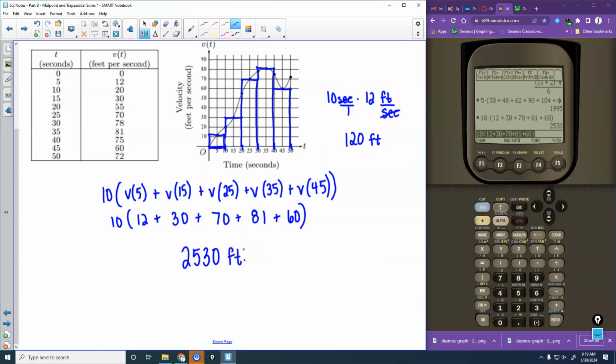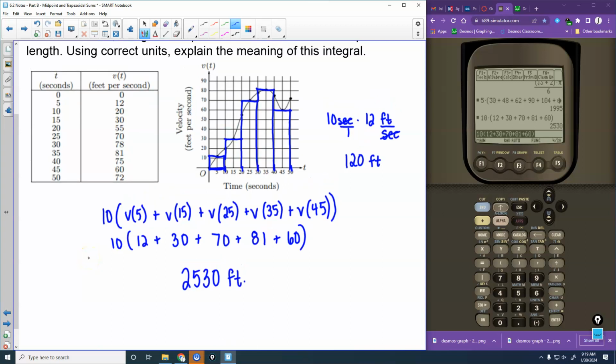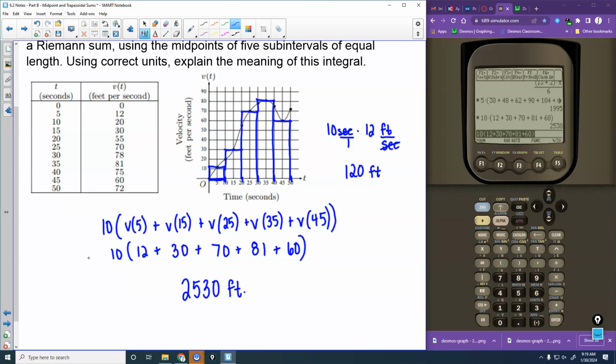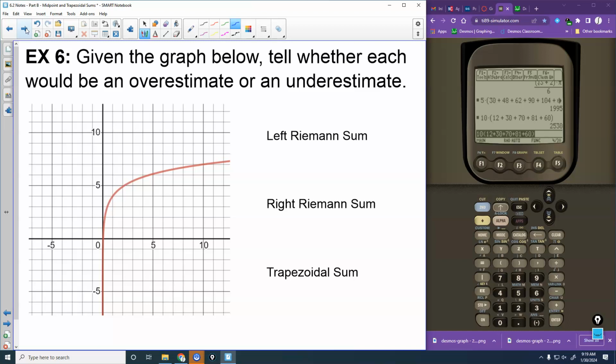So finding the area under the curve is like going, everything we've done so far, we've started with a function. Like we had velocity, we found a derivative, it took us to acceleration, right? We were sort of like dividing. When we're finding area under the curve, it's taking us back up. It's taking us to position. We're looking at just distance for that. So it's 2,530 feet. Okay, questions? Okay,